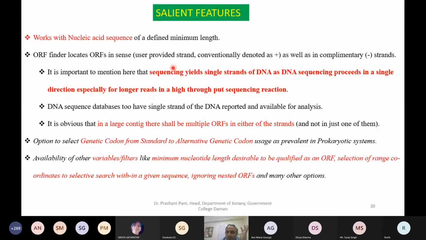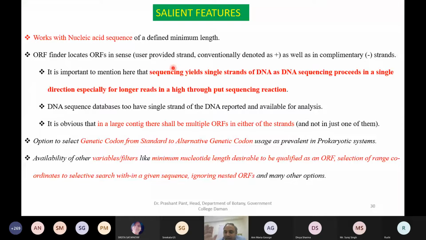So whatever the user provides, the computer thinks it is sense, and conventionally gives it the code plus. So whatever you give is sense to the computer, and the complementary of that is the negative strand.